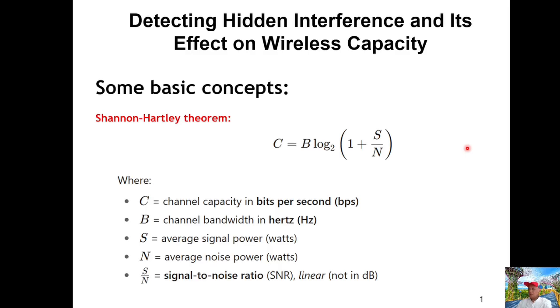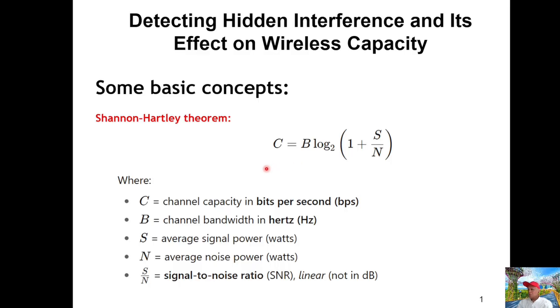Before we go into the details, we need to clear up some basic concepts. First of all, let's recall the Shannon formula, which is used to calculate the wireless system's capacity. Here C is the capacity, B is the bandwidth of the wireless system's channel.